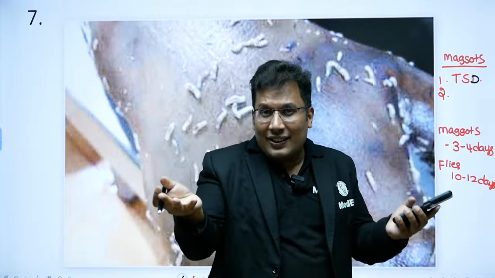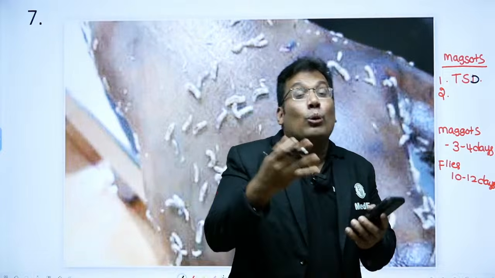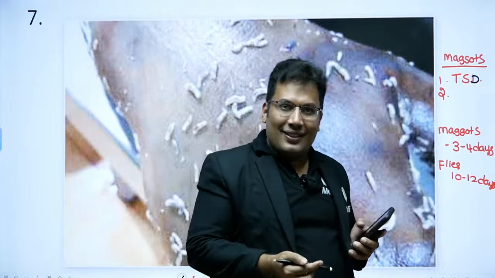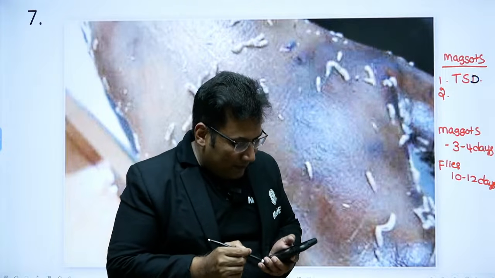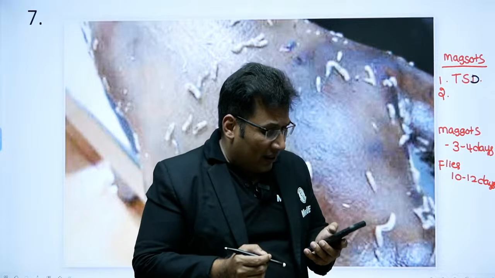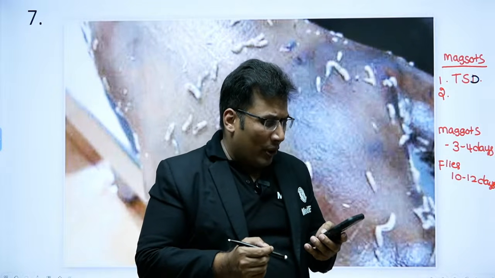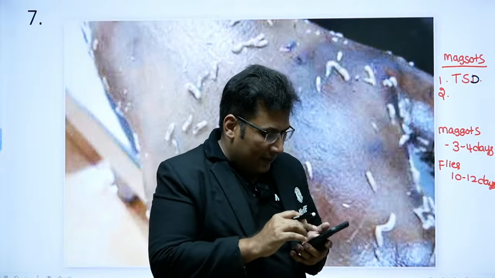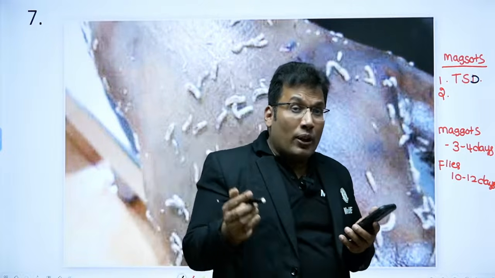What are the common flies? House fly, Musca domestica, green bottle fly, blue bottle fly. So the importance is time since death. One more thing. Any other importance other than this? So one more importance is,